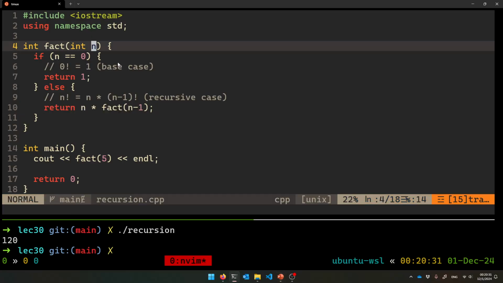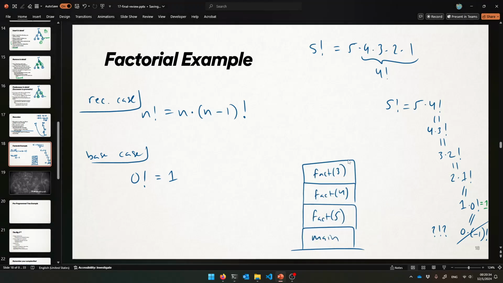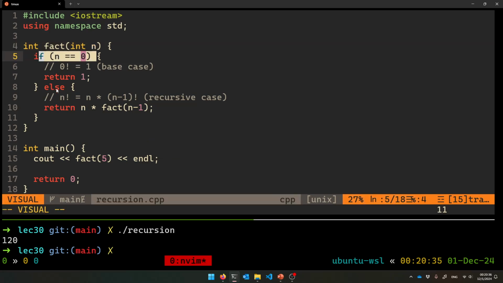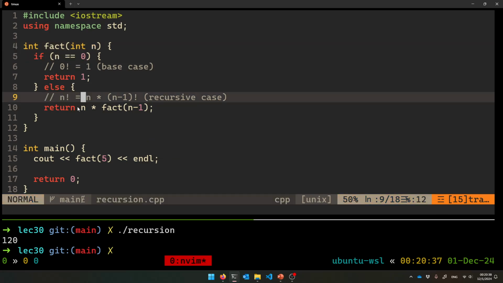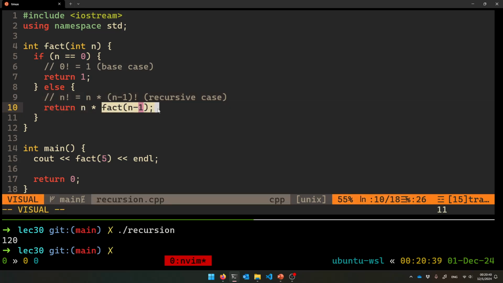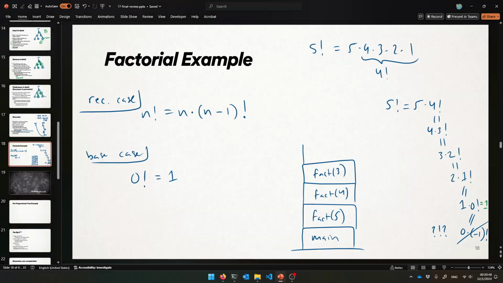And now we're in fact of 3. These are all running at once, right? Everybody's waiting on fact of 3 right now. 3 is not 0, so we're in the recursive case again. It needs to return its 3 times fact of 2. So again, it needs to pause right here and compute fact of 2, because it can't multiply its 3 by something it doesn't know yet. So fact of 3 is going to call fact of 2, and I think you get